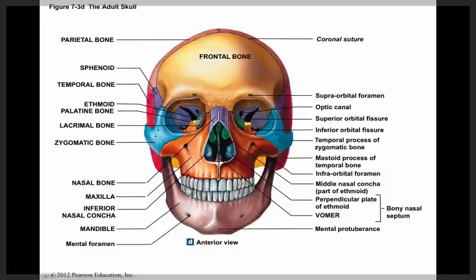Now we'll look at the ethmoid bone again. There are 2 structures you need to know on the ethmoid bone. Again, we're seeing the ethmoid bone. It's this green bone that we can see inside the nasal passageway, and we can also see part of it